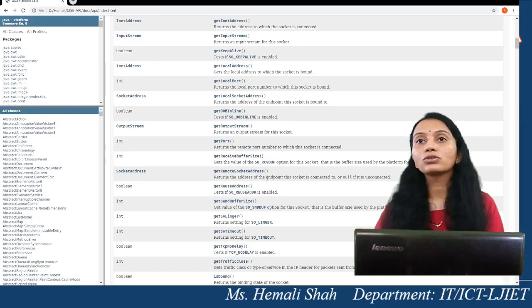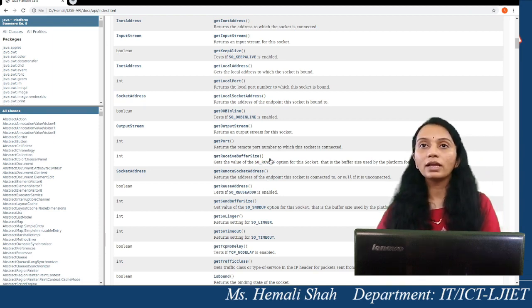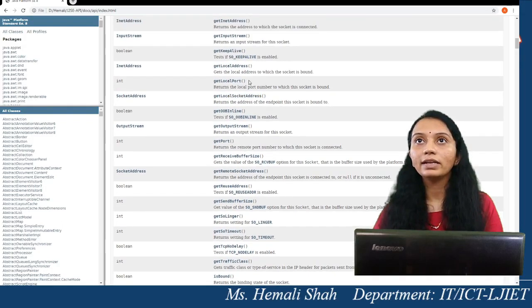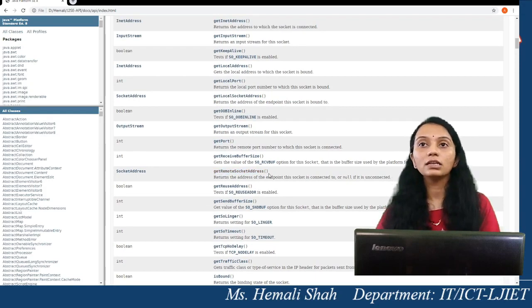Likewise, if you want to know the machine where you have made the connection, that machine's IP address you can get by calling the function getRemoteAddress. There is a function for the local socket address as well as for the remote socket address. getRemoteSocketAddress returns the remote machine's address where your program has made the connection, right?